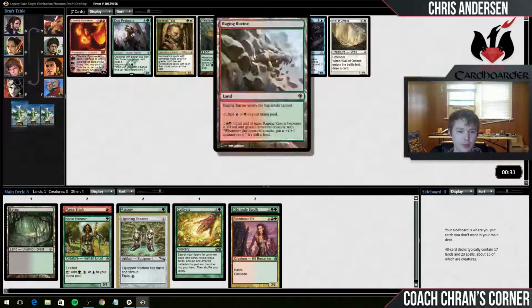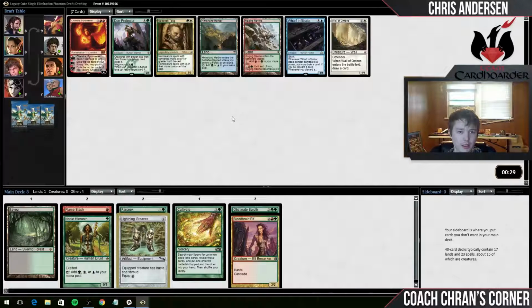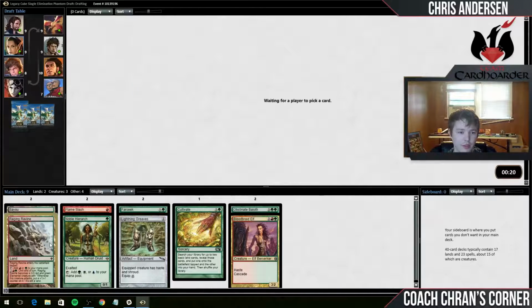Okay, so we got another couple more lands. The Den Protector. Den Protector is a decent card. I think it's the Raging Ravine, though. Already got a couple of good red cards now. And this manland is one of the best manlands, so...